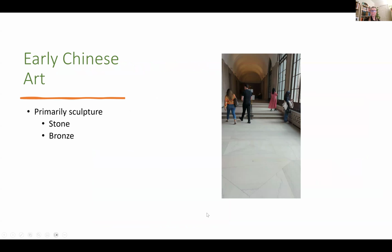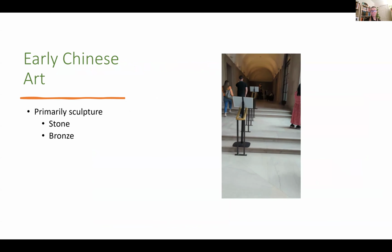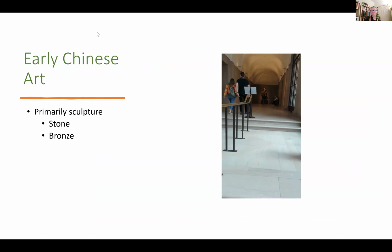And moving down to the other end of the museum to have a look at the Chinese art. So the Smithsonian has...